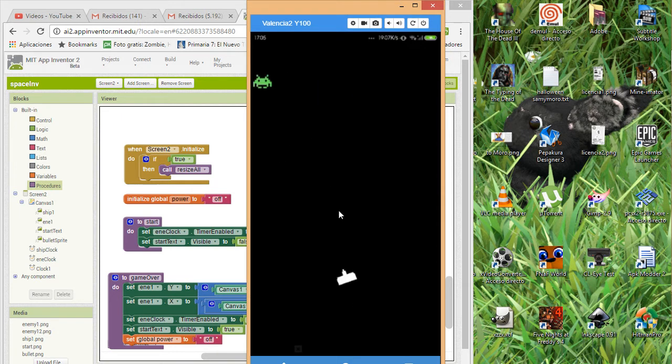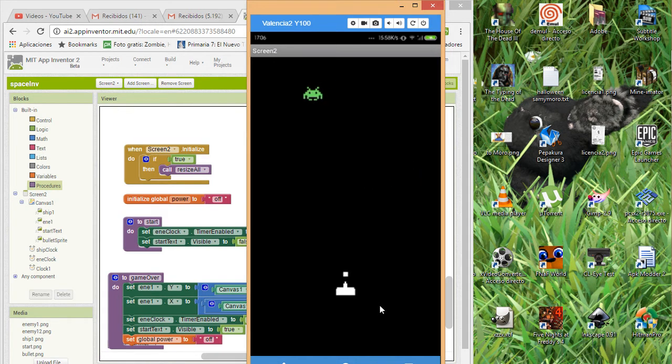Well, basically that is the idea for this tutorial. So we will add a start screen. Then we're going to add a bullet. We're also going to add a procedure to detect if we are pressing on this area of the canvas. So that means that we can just shoot, or fire, and not move